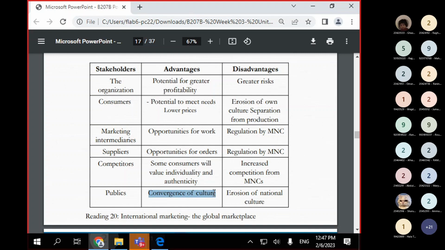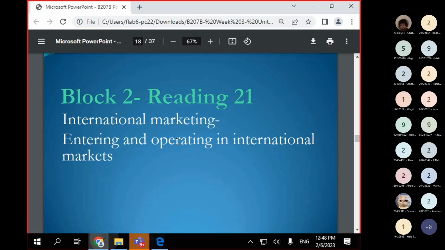Okay, so this is the plus on one side, but also, just like we said before for consumers, we are getting away little by little from our own cultures and having more of an international general culture that everybody knows now and everybody follows. We're getting there. Any questions so far?